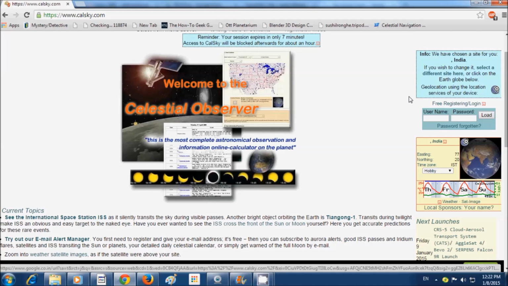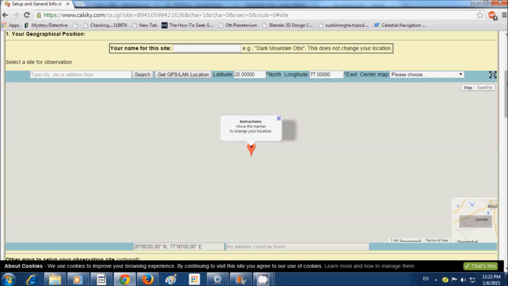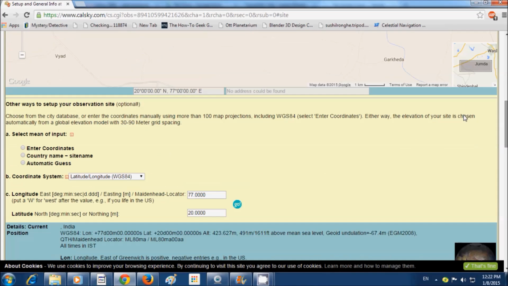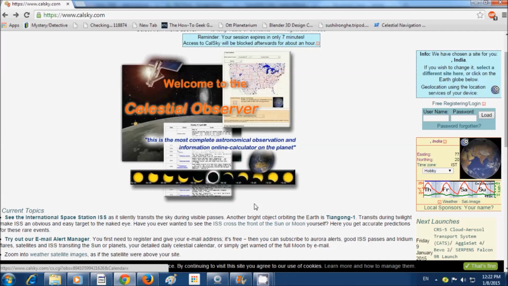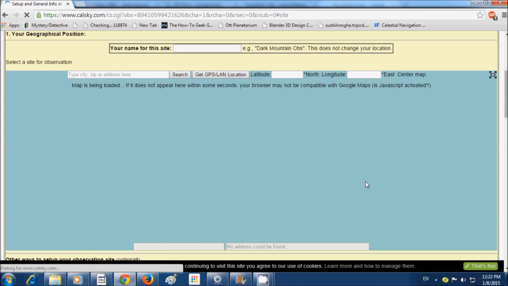This site also generally kind of guesses your geographic location, but you may want to give it a little more specific information as to where you are situated. The first thing to do is give it your coordinates, and perhaps you may want to then enter exact coordinates,